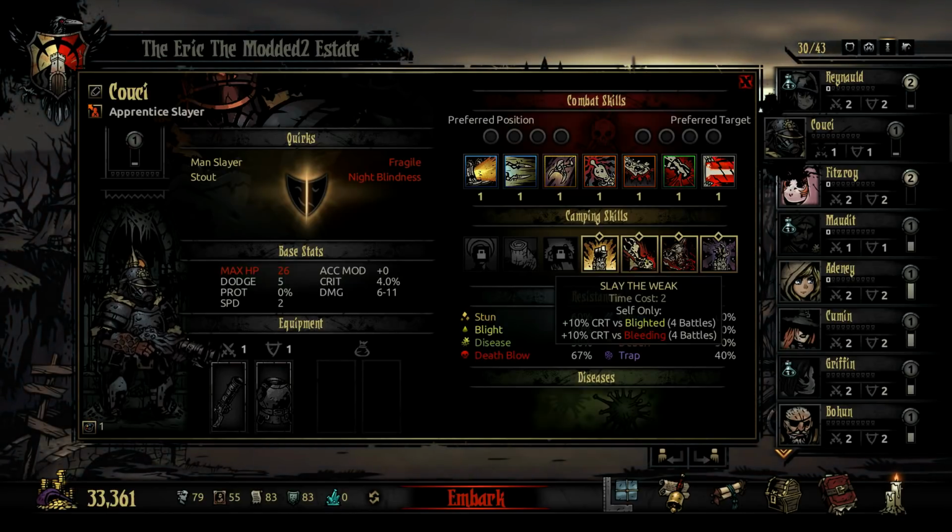Slay the Weak, which for 2 time points gives him a buff for 4 battles, where he gets 10% crit if the enemy is blighted, and 10% crit if they are bleeding. If they are both blighted and bleeding, he gets 20% crit. So